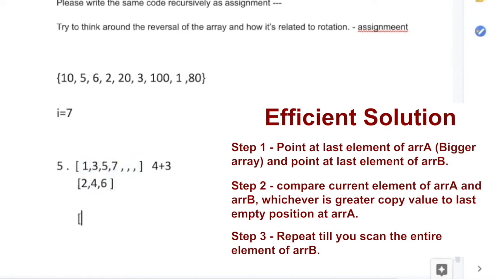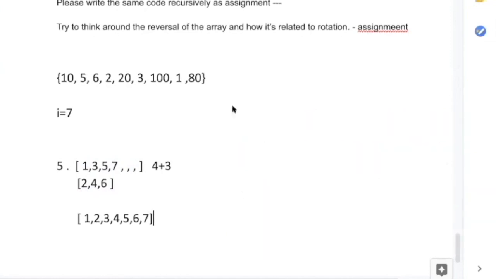So it should become like this: 1, 2, 3, 4, 5, 6. Can you guys think about this merge sort approach and then try it if you have not tried it again, because then it will strictly defeat the purpose of the question. So I want you guys to look at the merge sort again and try to apply this question.